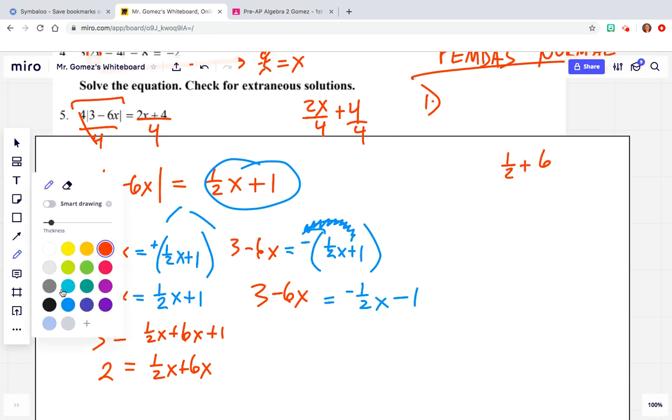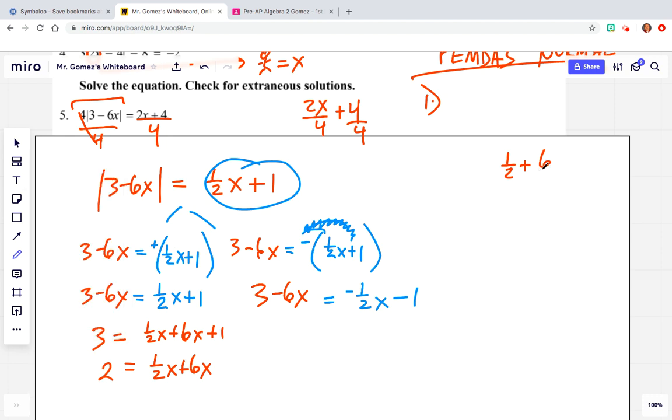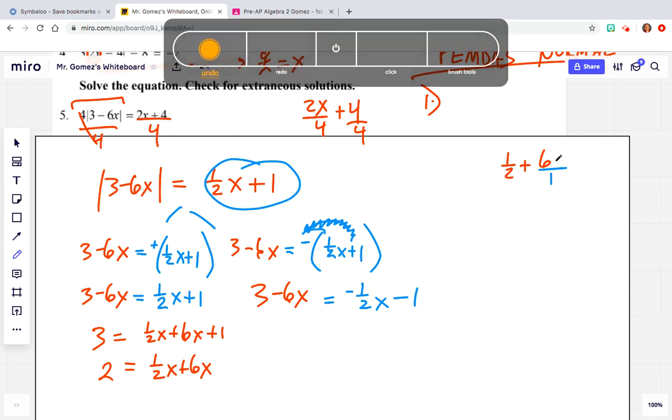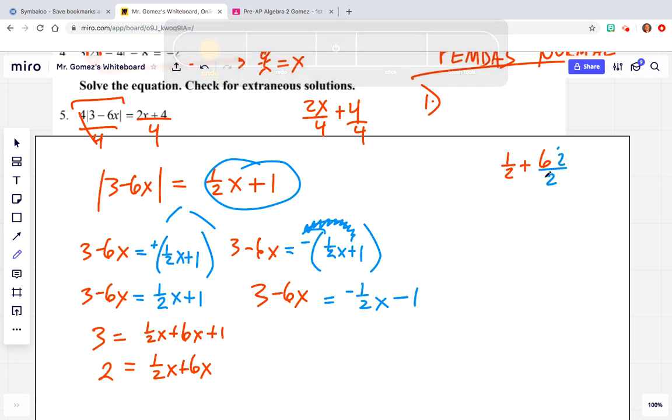Now with fractions, when you're adding them, they must have a common denominator. Right now it's 1. So I need to multiply this by a form of 1, which is 2 over 2, so that now I have 12 over 2, which is the same as 6, and 1/2, because I need common denominators. So we have 13 halves over here,